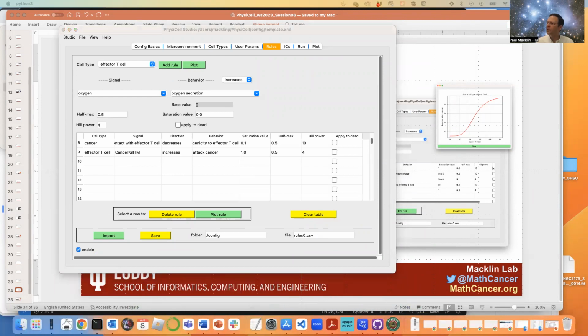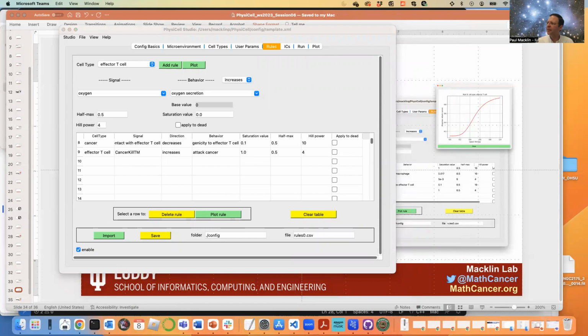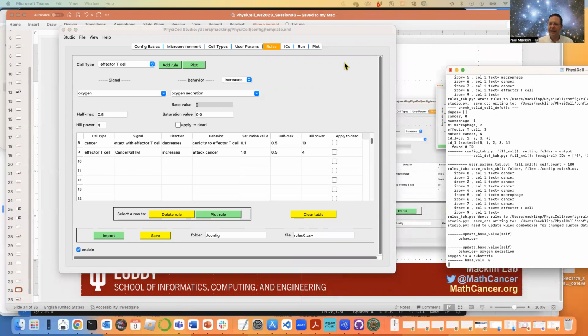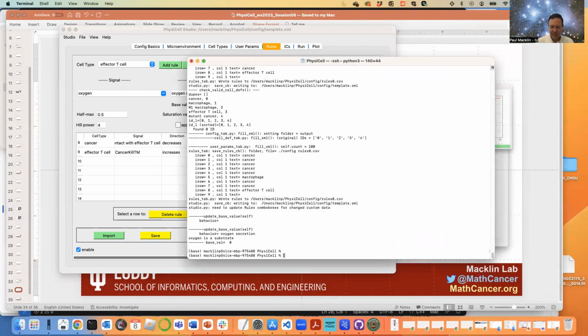Too many windows strikes again. I will find it. There it is. Okay, Zoom was hiding it from me. Okay, so